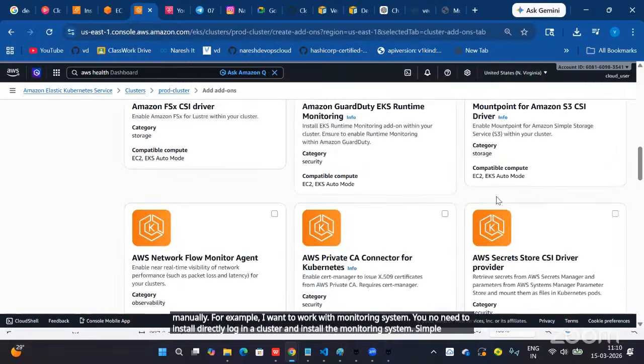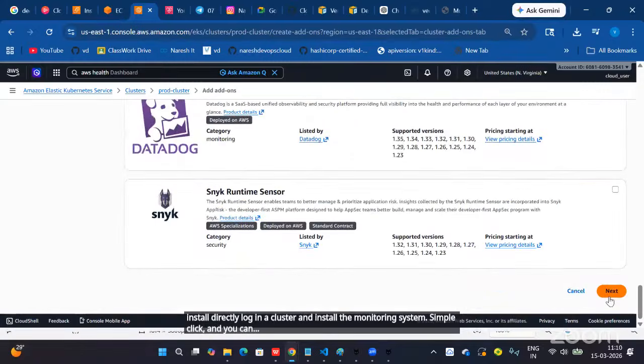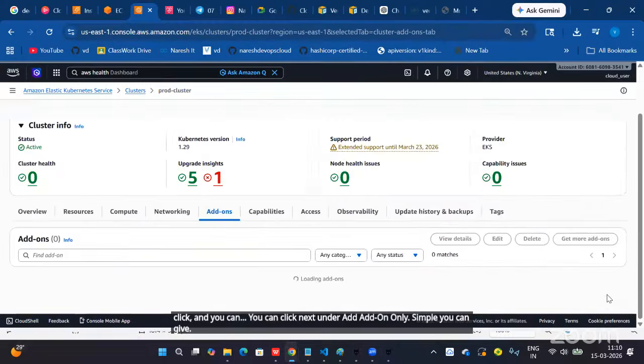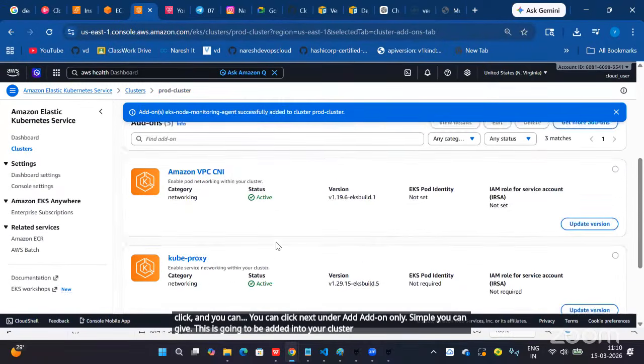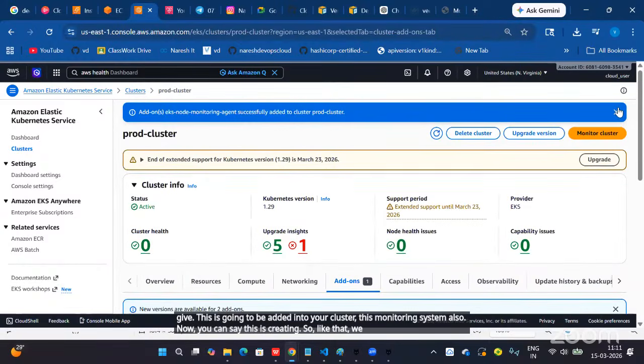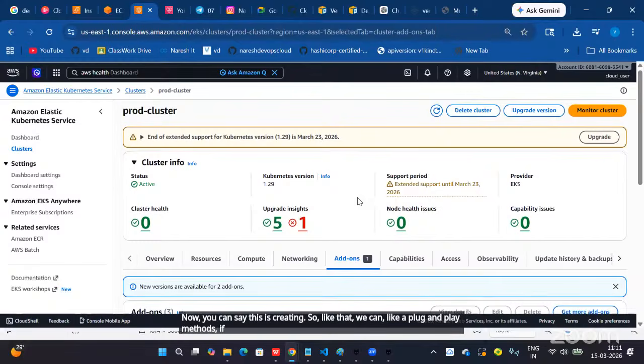Simple click, click next, and add the add-on. This is going to be added into your cluster. Now you can see this is creating. So like that, like a plug and play method, if any additional features are required for the cluster, we can simply add the add-ons.